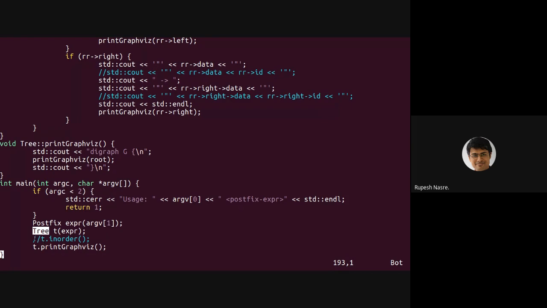And then once I have built this tree, I can as well print it in the in order form to make sure that I have constructed the right tree or not. Alternatively, on a slide, we can visualize it, right? In a similar manner, there is a visualization tool called GraphViz, using which we'll be able to visualize this tree. And I'll show you how to do that. But that requires you to print the tree in a particular format, right? So I'll explain that. But first, look at what happens in the tree class, in the constructor itself.